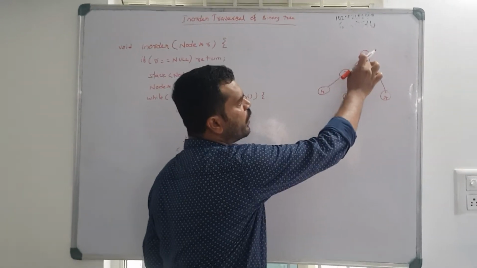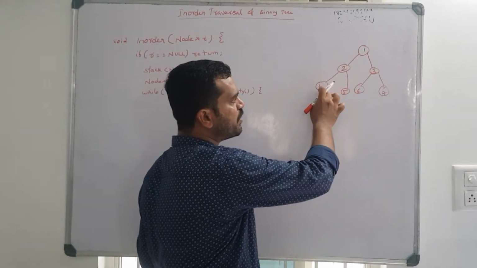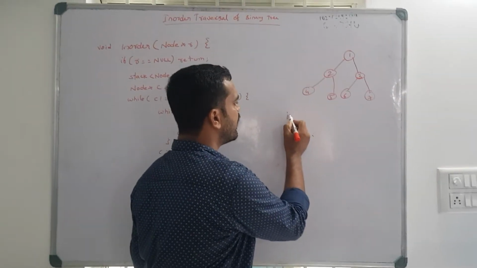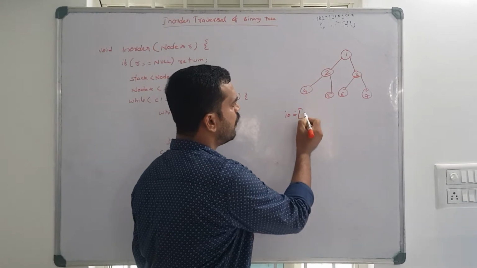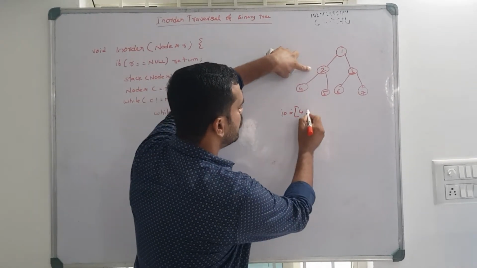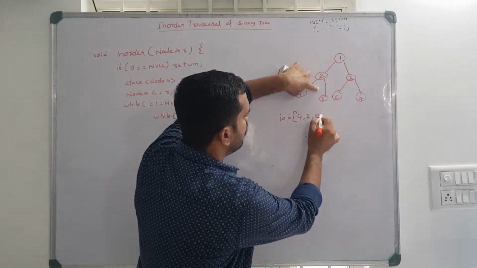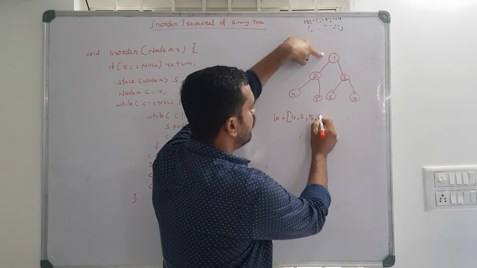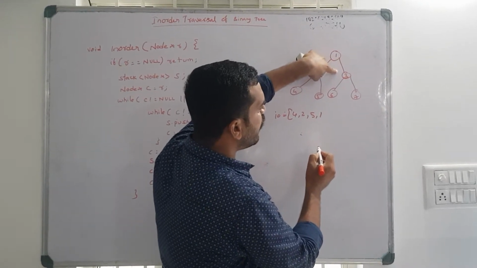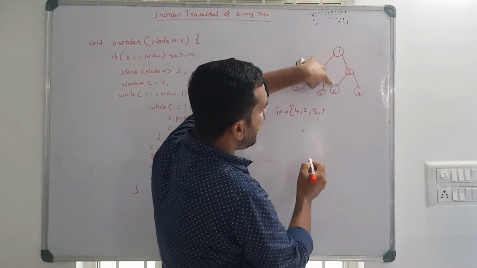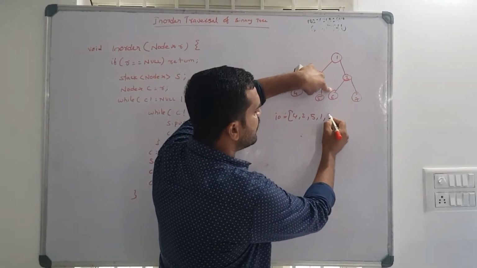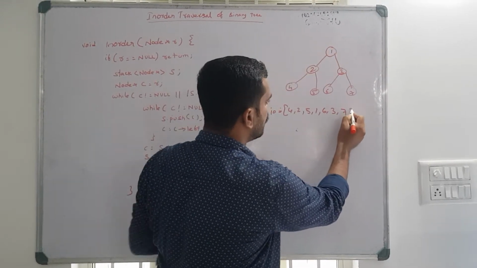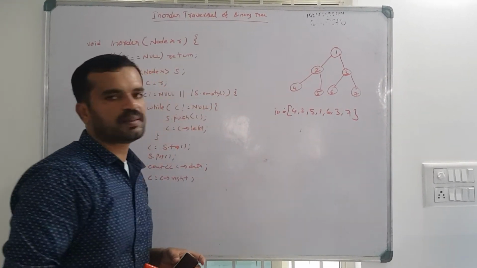From the root you enter into its left node, and again its left node, till you reach the left node which doesn't have any child. So in our case the in-order traversal would be 4, then its root 2, and its right. So the left subtree is done for node 1. Now 1 will come and then its right. Once you come to the right node, it is 3, and 3 has its left 6, which doesn't have any child. So 6 will come here, then 3, and then its right 7. By this time all the nodes are traversed.